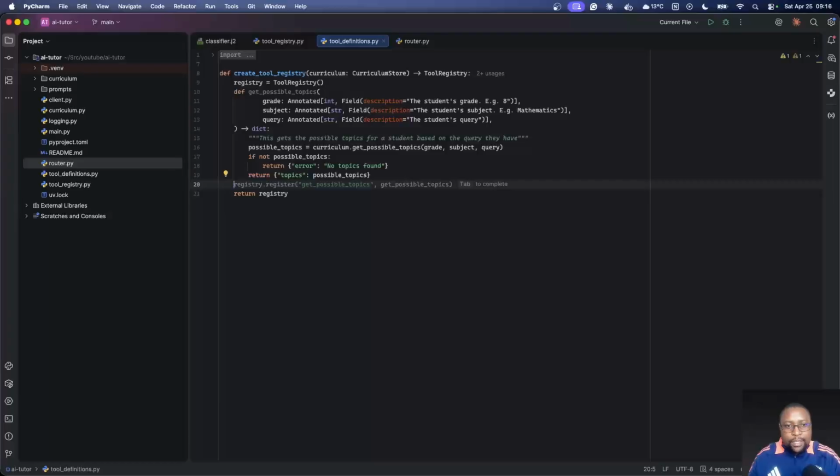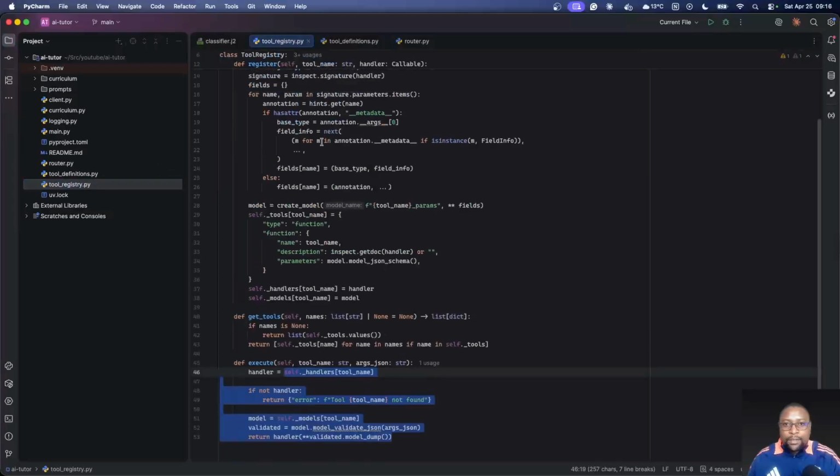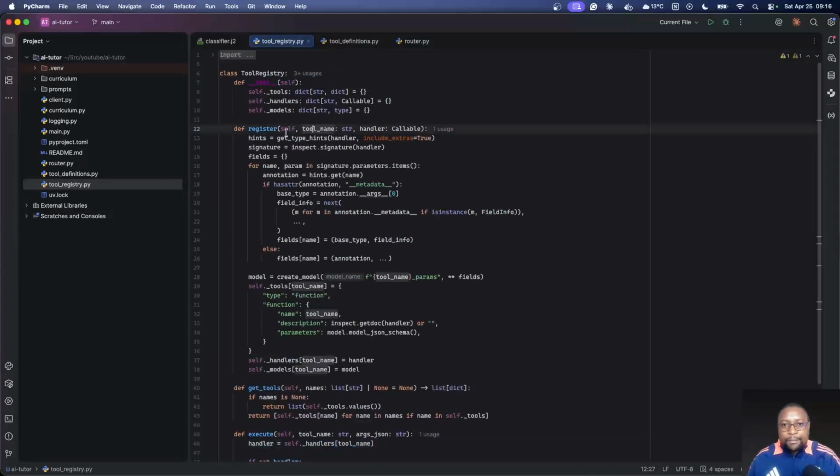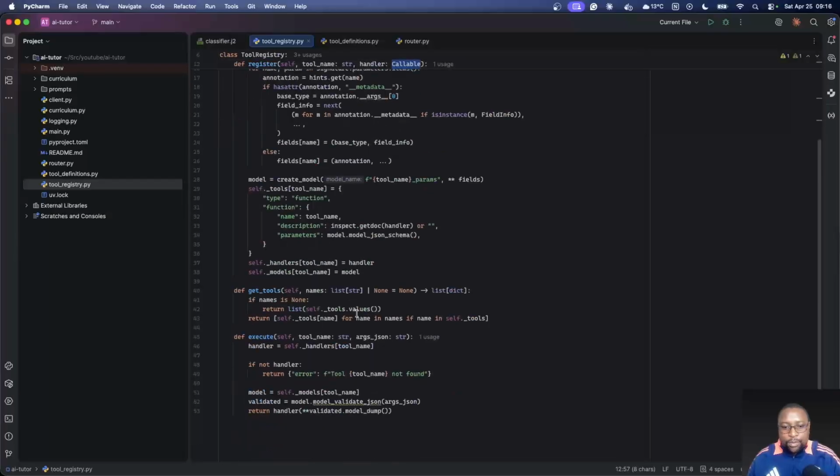I will register it later, or maybe let me just register it. Get possible topics. So we're registering our tool now. If you check our tool registry, you see we send in a name as well as a callable, which is going to be the one that we call or execute when we do the execution. So we're sending in the function,